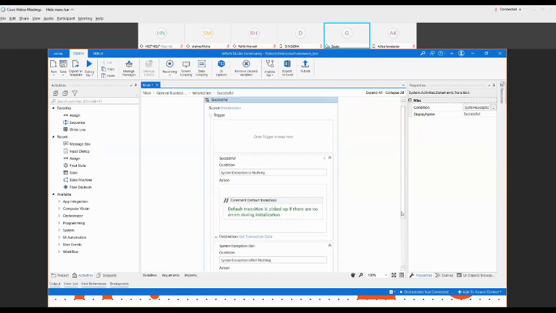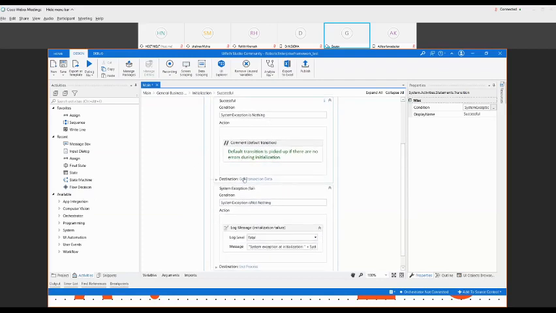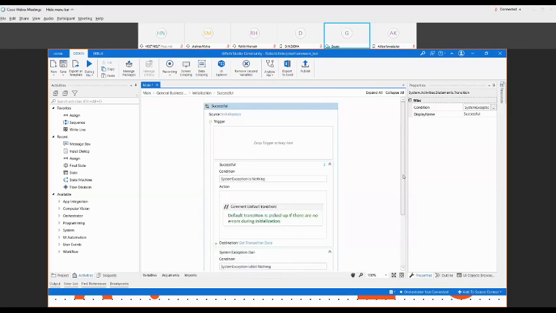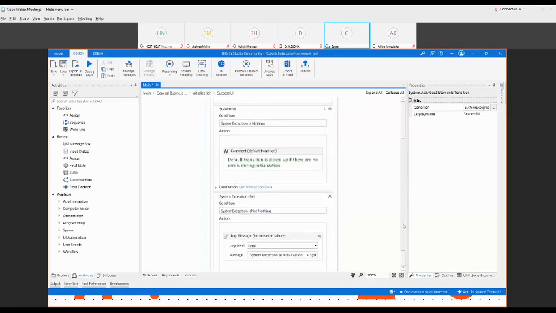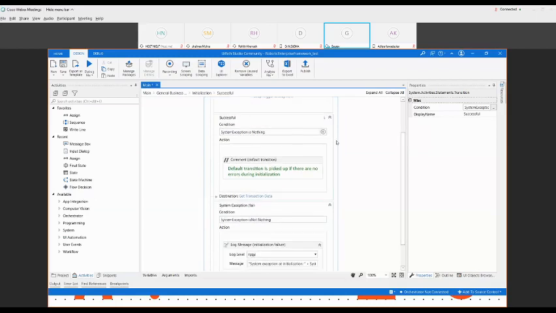They are commonly using the same trigger, but they have two conditions. If system exception is nothing, then go to get transition data. If system exception is there, like not nothing, something is there, then go to end process. You can say a single transition is showing both transitions. Two transitions are sharing one trigger, but both the conditions are different and their destinations are different.